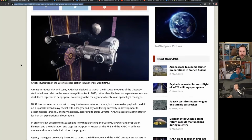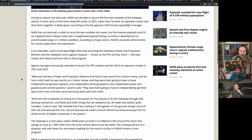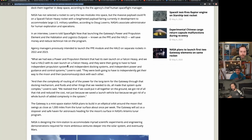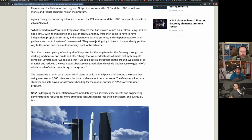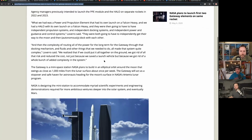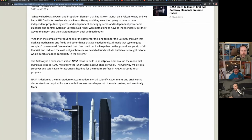So those two things were originally going to be launched on two separate Falcon Heavy launches, or I think the leading contender was Falcon Heavy, but now they announced that they're going to be launched together instead of being launched independently. So originally they're going to launch two of them, and each of them then had to dock, which means each one of those things needed its own propulsion elements too, because each one would need to go up into space and then station keep, and then they would need to be able to dock together. So they would both have to have a lot more complexity really, and that does add cost and danger and